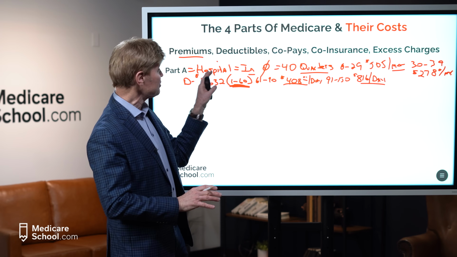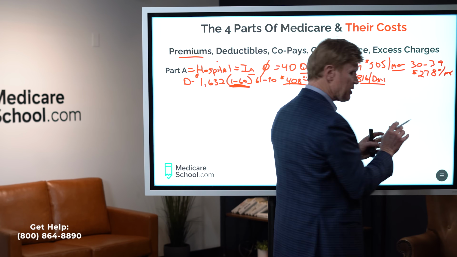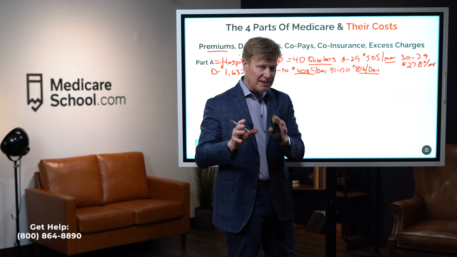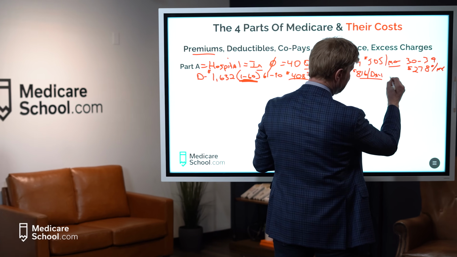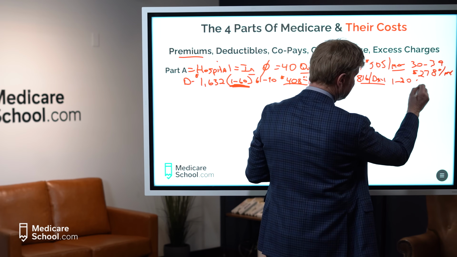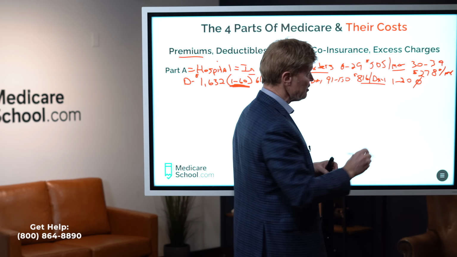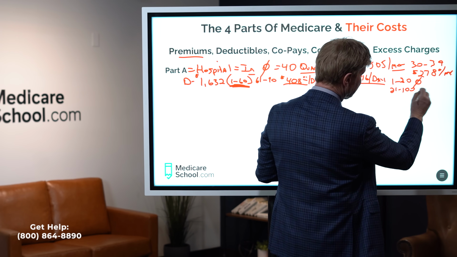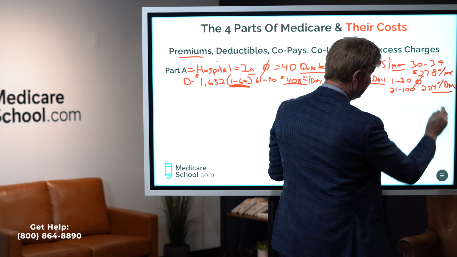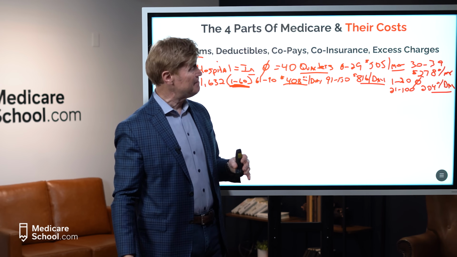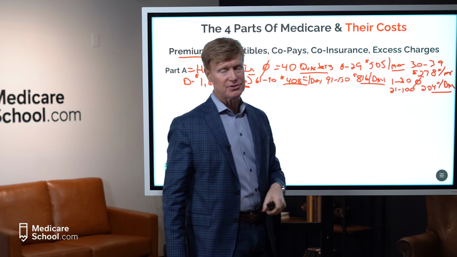Now we talked about skilled nursing, also covered under Part A. Here's the way that works. Medicare says as long as you're in the hospital for at least 72 hours or longer, and then the doctor puts you in skilled nursing, from days 1 to 20, they don't charge you anything. You have a zero copay as long as you had that 3-day hospital stay. But after 20 days, if you're still in need of rehab, 21 to 100, now you have a daily copay of $204 a day. All right, and so that's the out-of-pocket expenses on the A side of Medicare. Now, the A side has no co-insurance, and A side has no excess charges whatsoever.